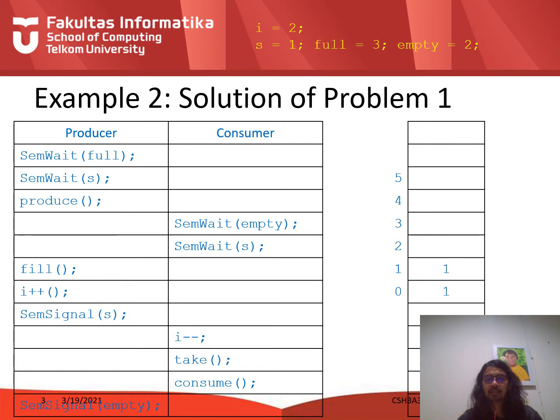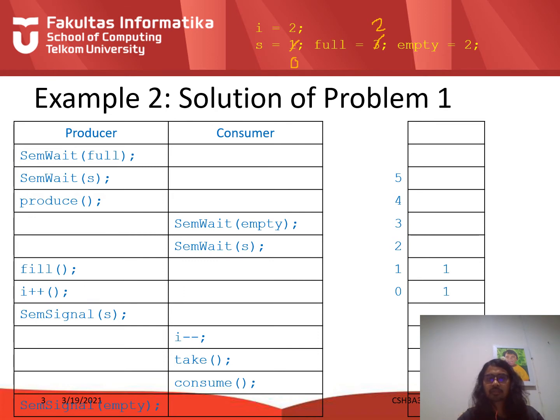Now in this example, the story is the consumer-producer problem is not in its initial state, it is in the middle of a process. Here we can see that the buffer is half filled. It has reached 2 members, so here I equals 2, and then the producer will run semWait full, which will change the full value. It will be decremented, so full now is 2, and then semWait S, so S is also decremented to 0,